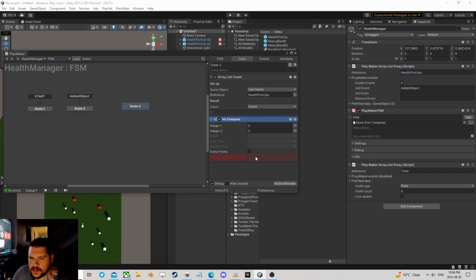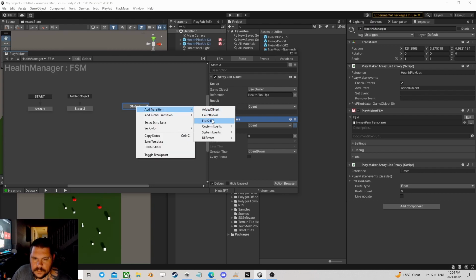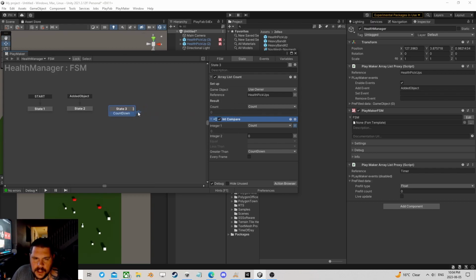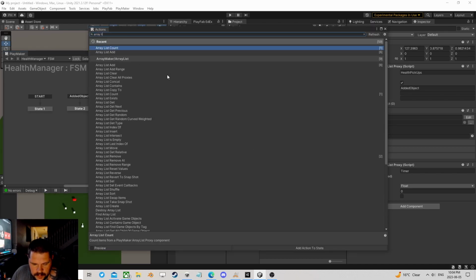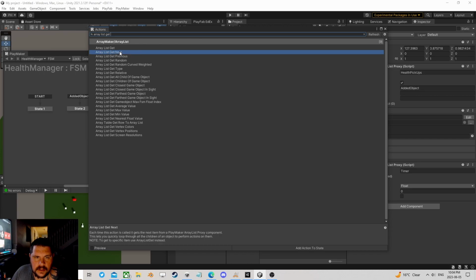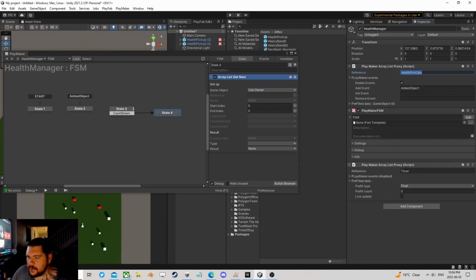And if there's more than one object, let's count down. And by countdown, all I'm going to do is array list get next, and run through the entire list of the timers,